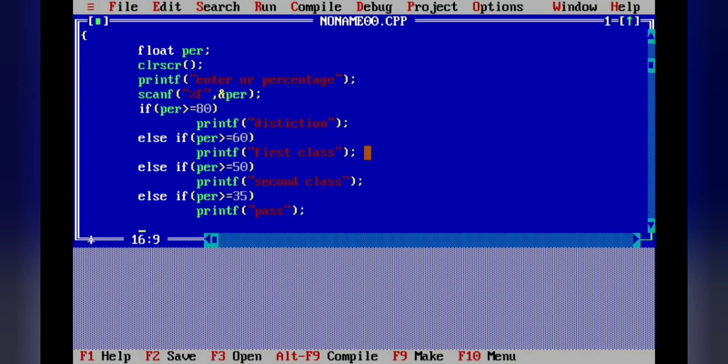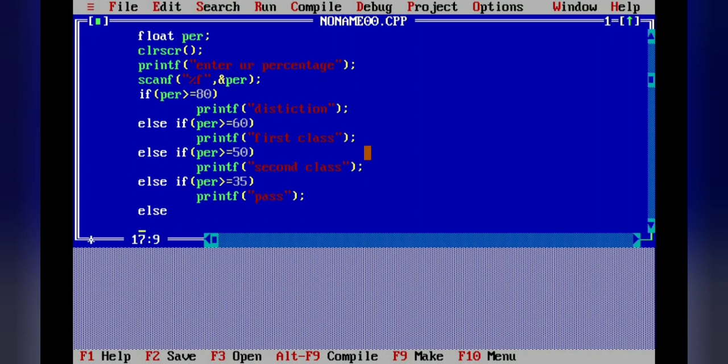Else, now if none of the conditions is true, and the mark entry is less than 35, if the percentage is less than 35, then printf fail, the student has failed.